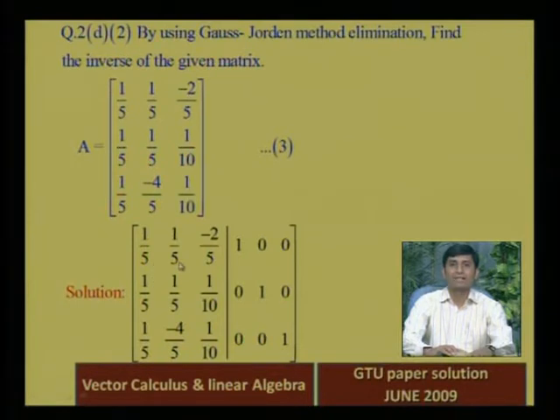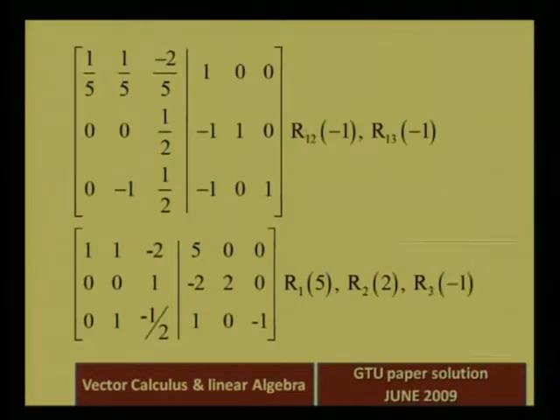So now you can understand how we make the elements. This is 1 upon 5 minus 1 upon 5, 0. The first row remains as it is, because we multiply the first row and add it into the second and third rows. So whatever changes are made are in the second and third rows, not in the first row. The second row is 1 upon 5 minus 1 upon 5, 0, 1 upon 5 minus 1 upon 5, again 0, 1 upon 10 minus 2 by 5. So what is 1 upon 10 minus 2 by 5?